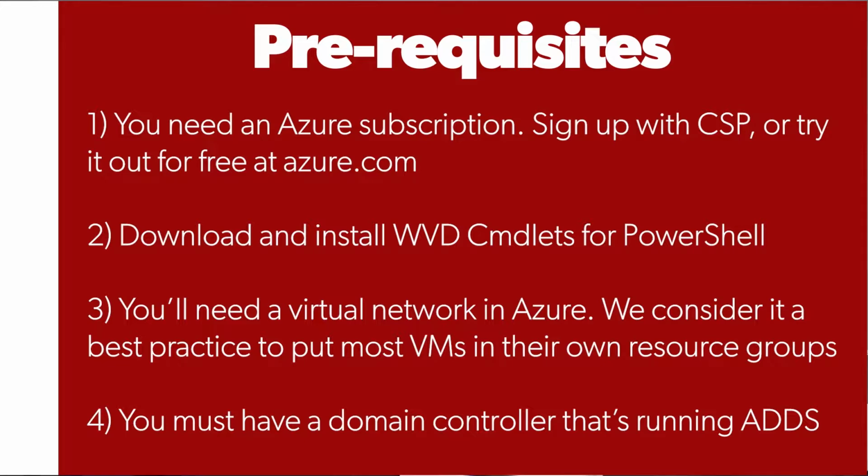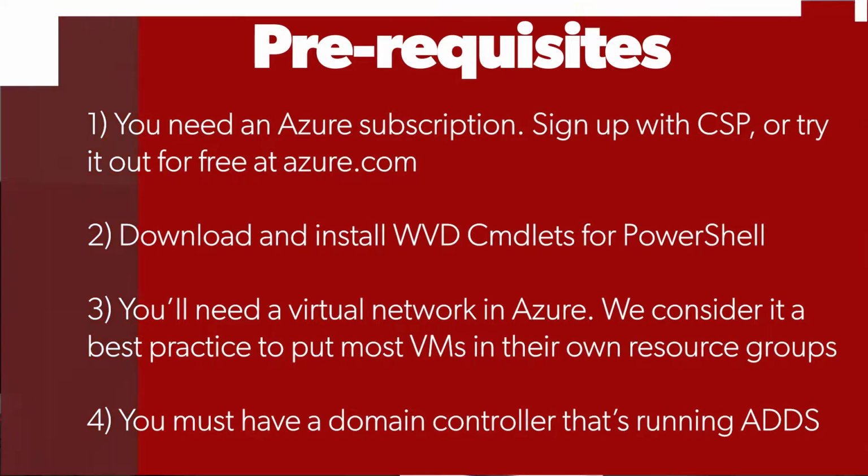Now, for our demonstration today, since we don't actually have an on-prem system, I have already created a virtual machine, which is running Windows Server 2016, and it has been promoted to the domain controller on our network. But of course, you can use an on-prem server for this exact same situation here. And then you're going to want to use Azure Active Directory Connect to synchronize that on-prem directory with your Azure